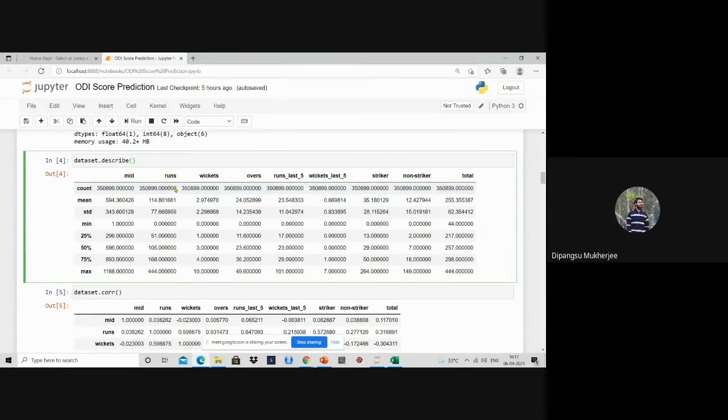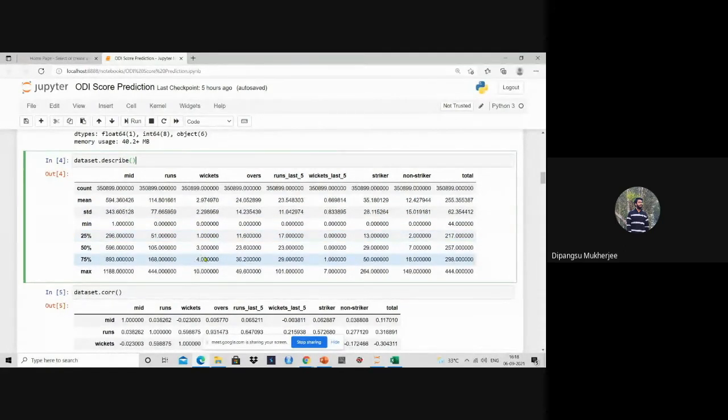We can look at our runs. The mean of runs is 114, that means the average run will be 114. Similarly, the minimum run will be 0 and the maximum run will be 444. For wickets, the average wicket will be 2.9, that means about 3. And the standard deviation will be there. The 25% quartile will be 1.